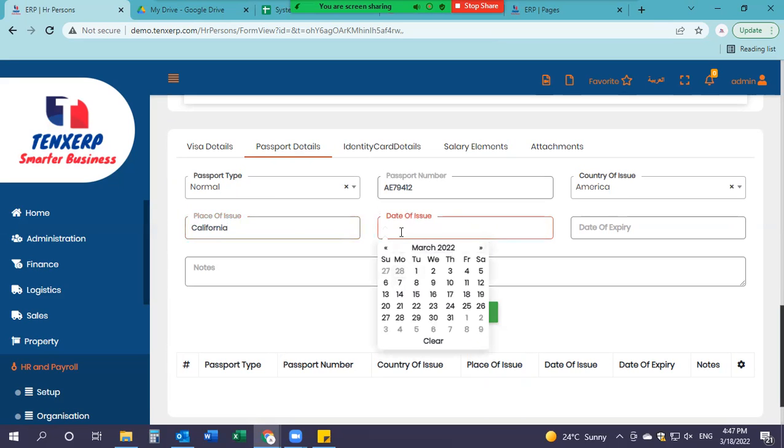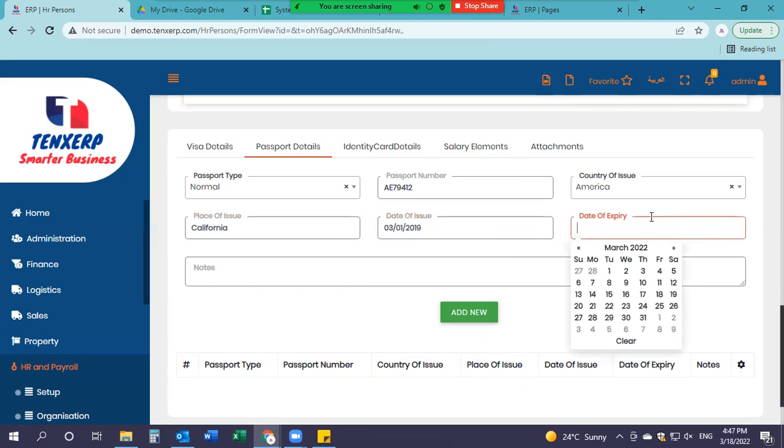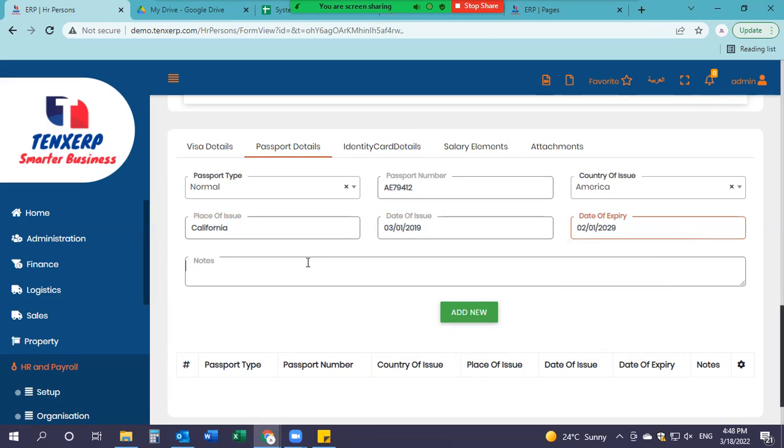So it will be like, and date of expiry will be, and